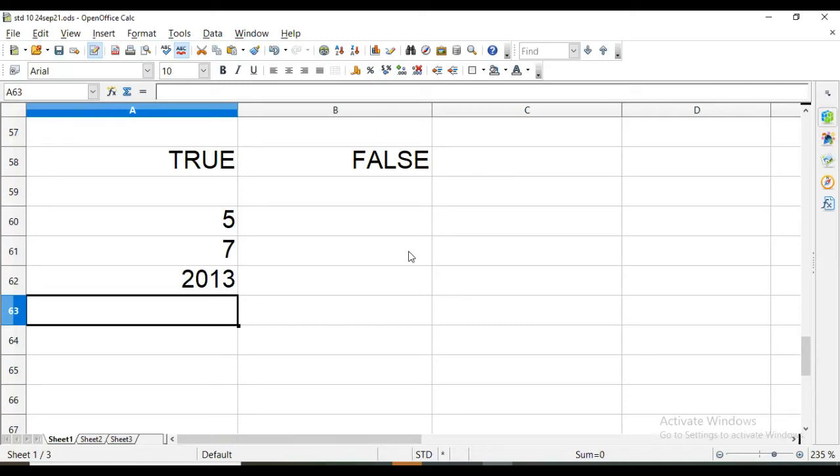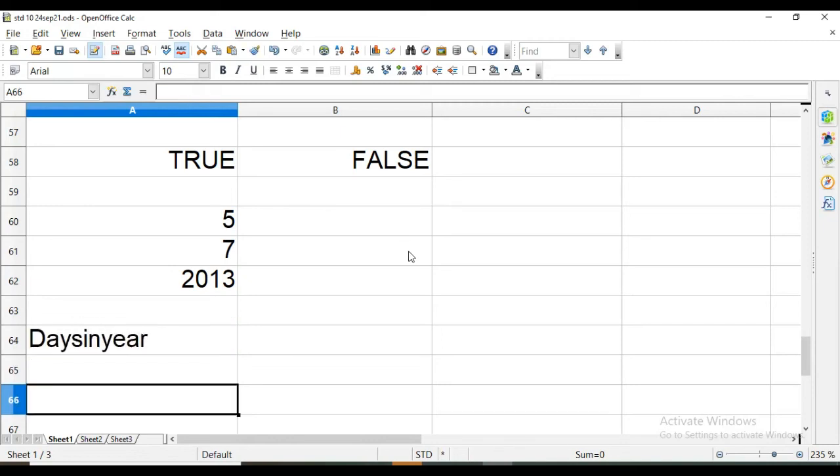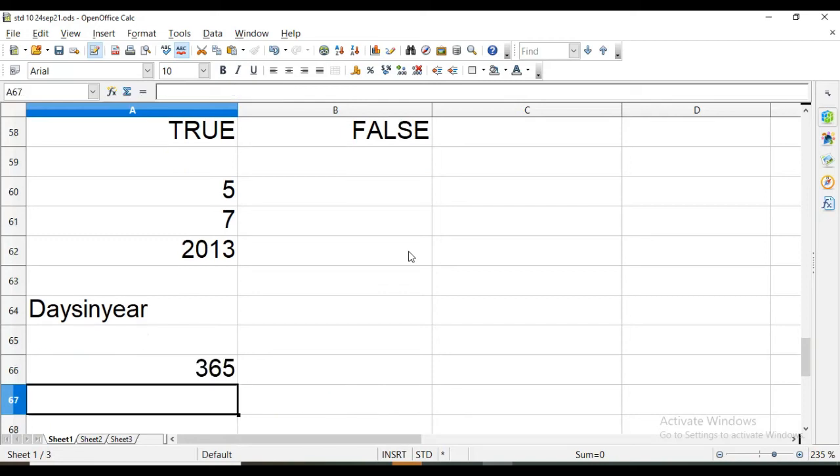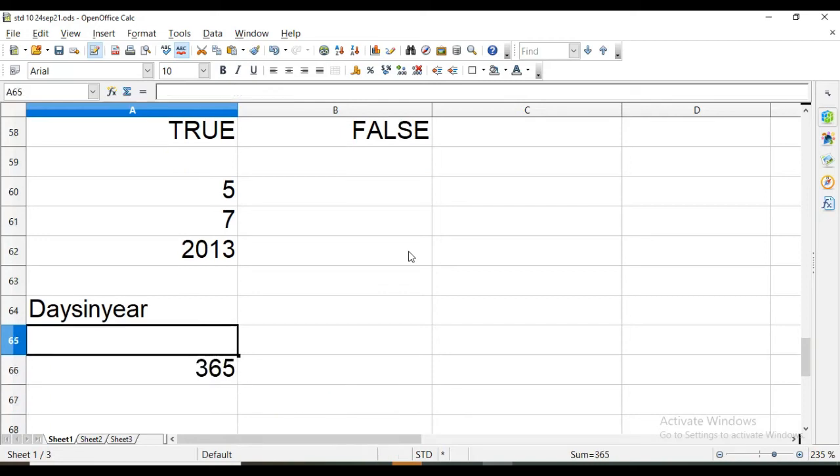Now there is one new function, that is DAYS IN YEAR. It will give us the result as the total number of days in that year. For example, is equal to DAYSINYEAR, without space, we have to use such a function. Then date 2013 semicolon 7 semicolon 11. Same date we are using here. The days were 365.